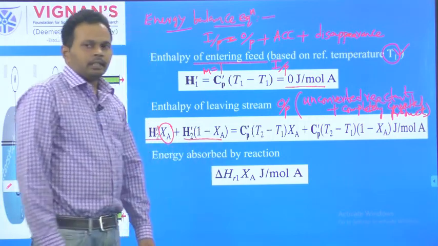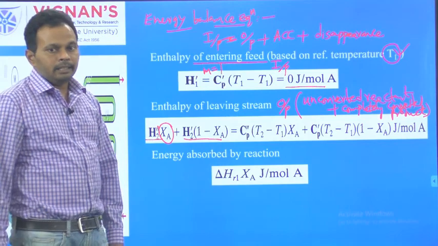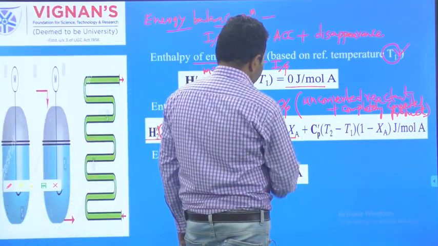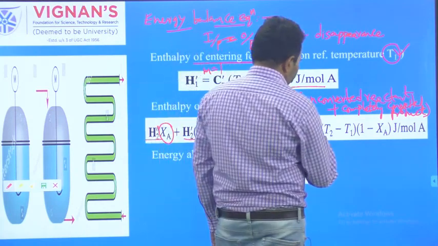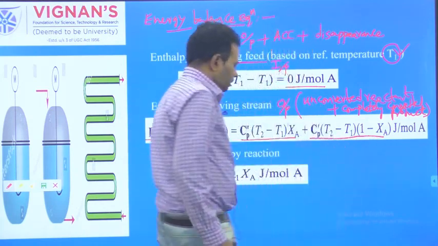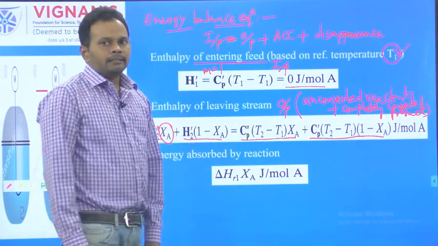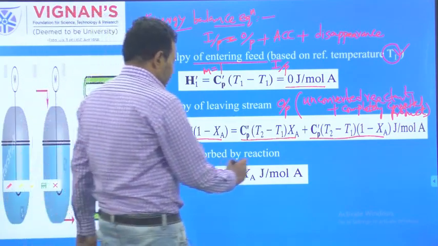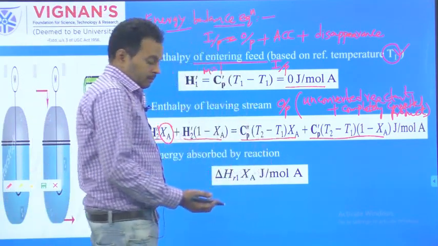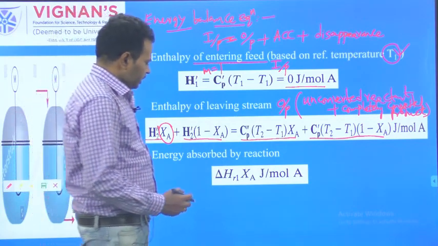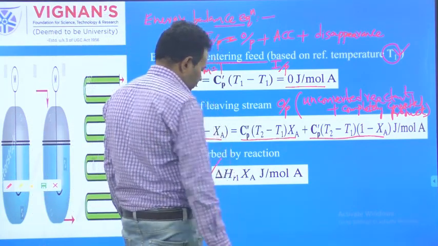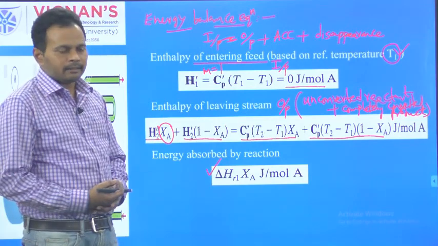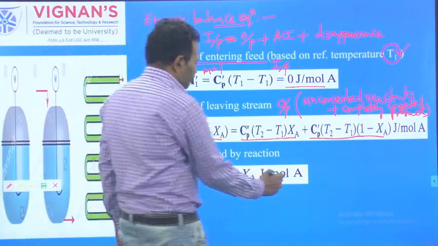Now, convert these enthalpies to specific heats by writing M Cp delta T and taking M equal to 1 mole. Then this becomes Cp double dash into T2 minus T1 into XA, and also write Cp dash into T2 minus T1 into 1 minus XA. This is the output. Next, the energy disappeared, at temperature T1. The energy absorbed by the reaction again depends on the conversion of A, that is, del HR1 into XA. When energy absorption is more, conversion is more; if it is less, conversion is less. So, del HR1 into XA, in joule per mole.